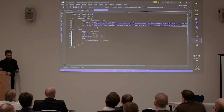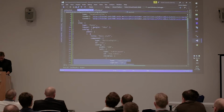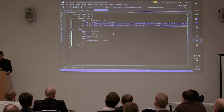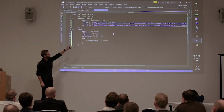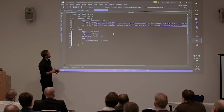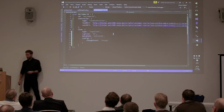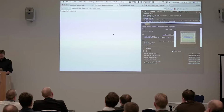So now that's how I specify a view, isn't it? A root component, let me just double check. Yeah. So now I'm just saying that my view is going to be one single component. It's going to be a type input text, which is just text input, the caption and data path. And I think, I actually never tried this, but I think now out here we should get one single text